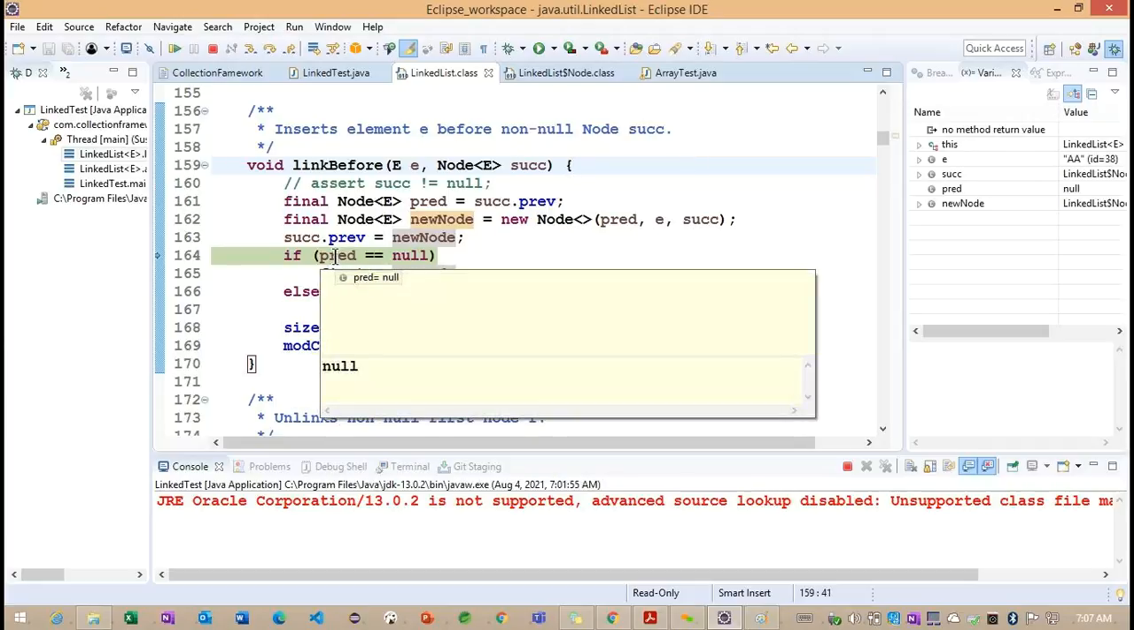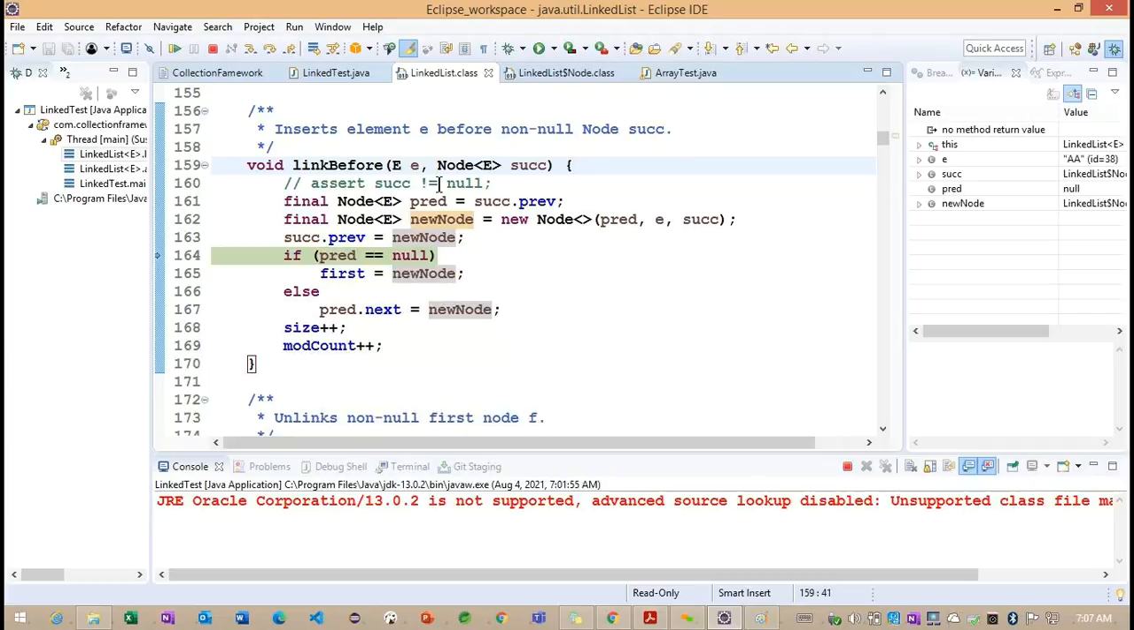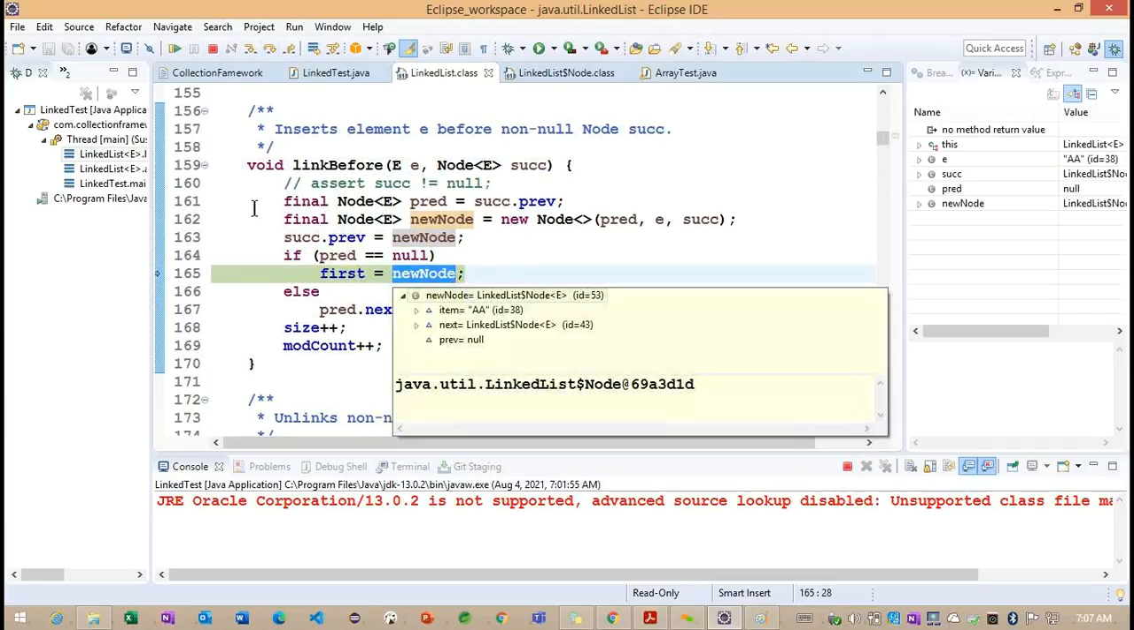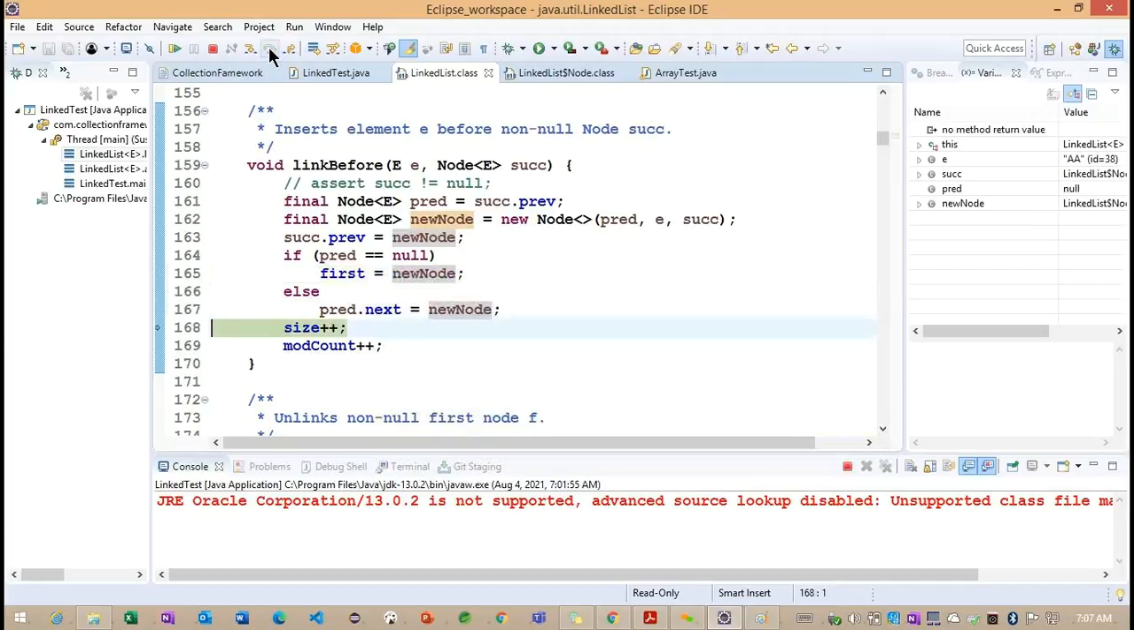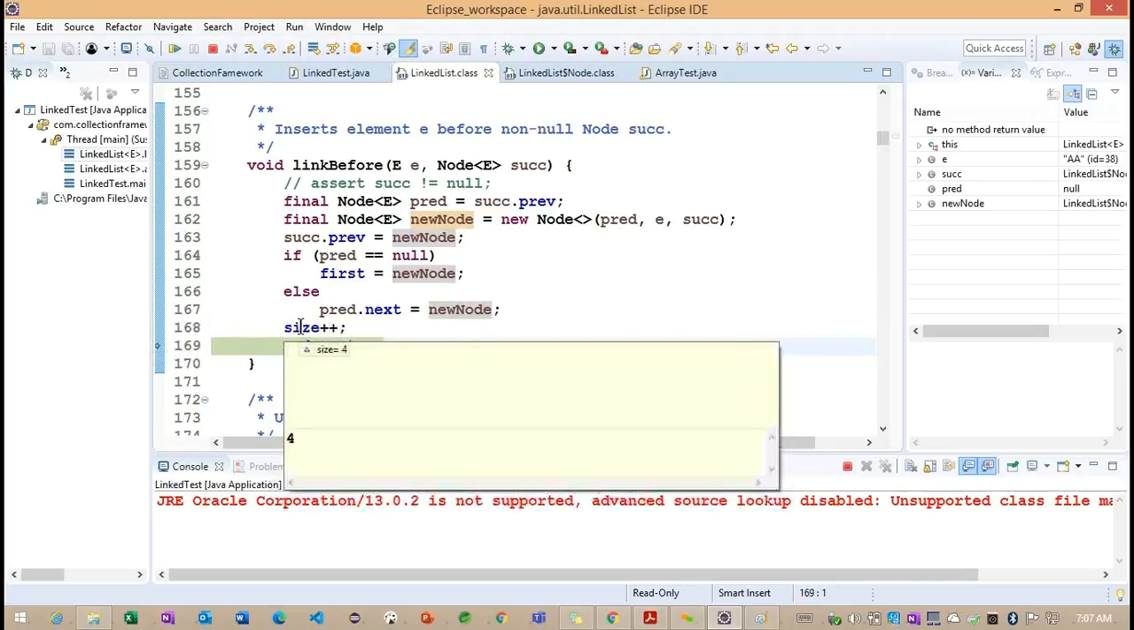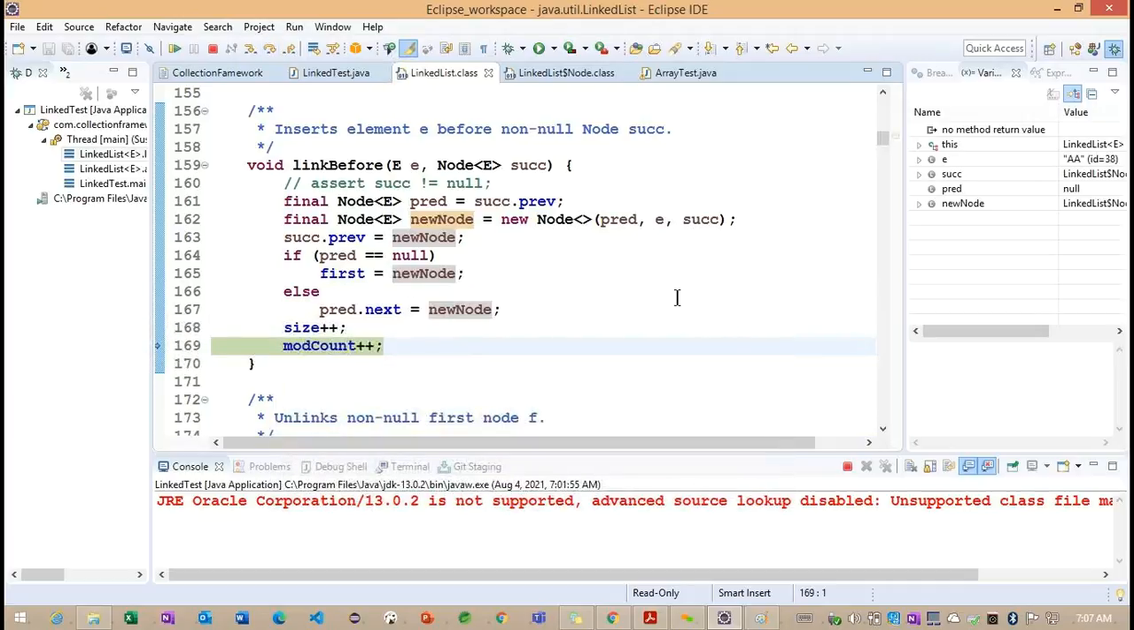Observe the previous is not null. Okay. So previous node is null, and so they are making the newly created node the first node, and they are increasing the size. So what is the size they are increasing? Size becomes 4, and mod count is